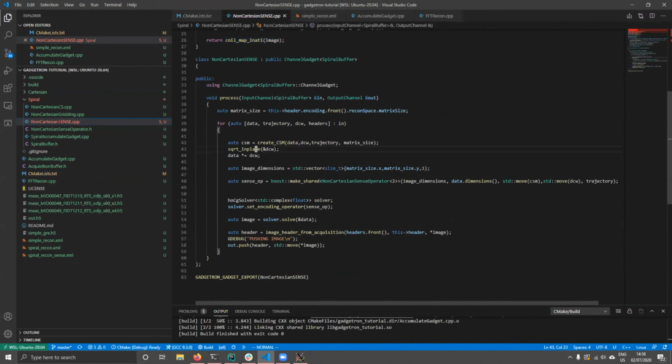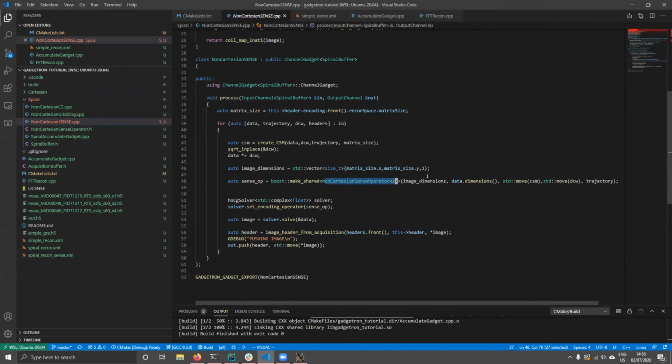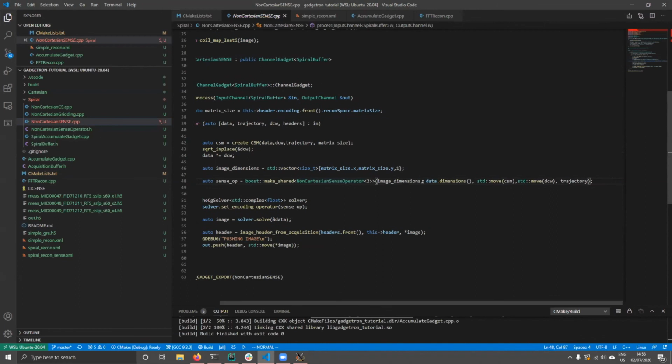Due to the linear equations in SENSE, we need to take the square root of the density compensation weights and apply those to the data. Then we make a non-Cartesian SENSE operator, which is also a part of the demo. You can see it's down here. It needs the image dimensions, the dimensions of the data, the coil sensitivity maps, the density compensation weights, and the